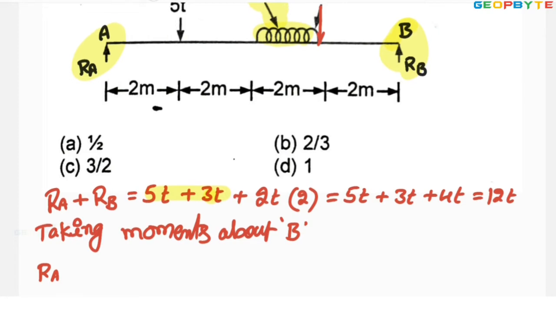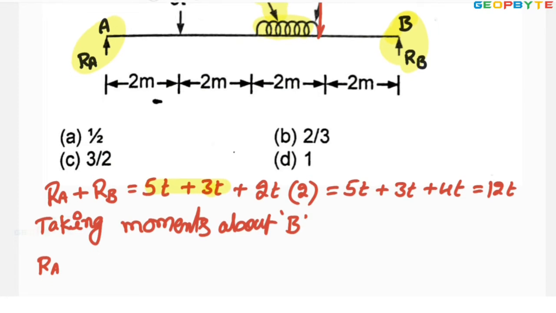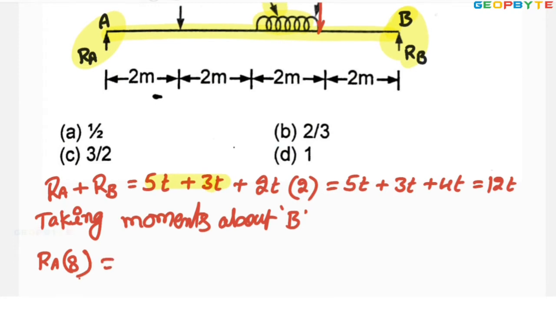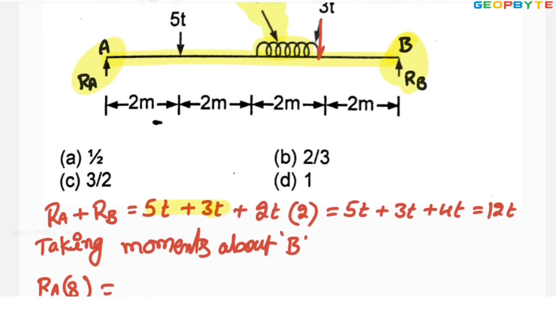The moment due to RA is RA multiplied by the total distance, which is 8. It must be equal to the 5 tons multiplied by the distance up to B, 5 multiplied by 6,